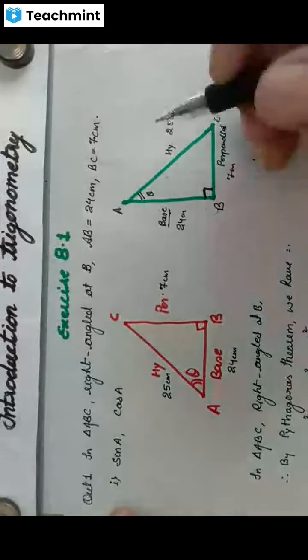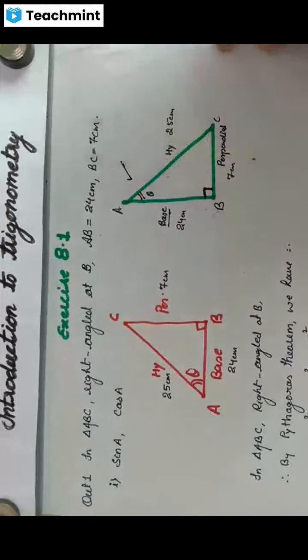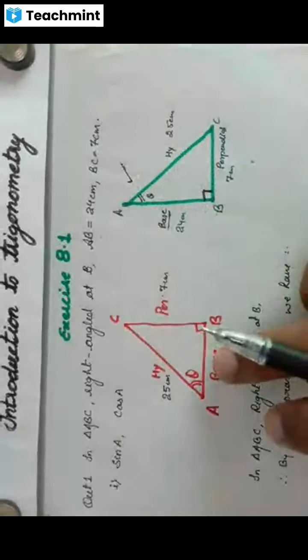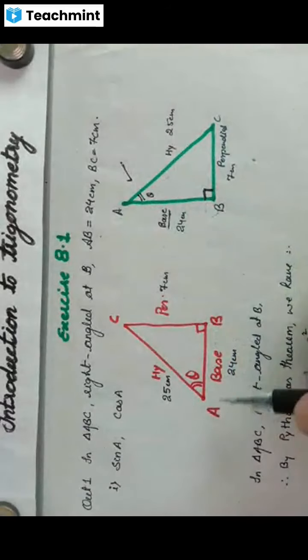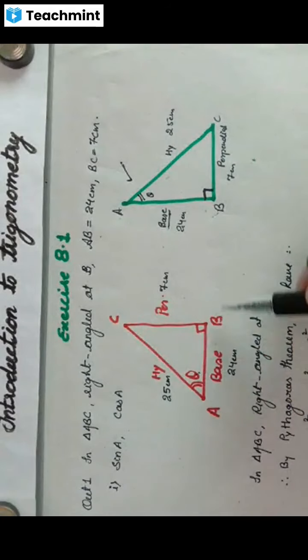Question number 1. I have drawn this figure. I consider this figure a favorable figure. By this figure, you can easily have an idea that the base is with the theta. But to explain to you, I construct this figure also, because A is there, theta is there, base will be this with this theta.